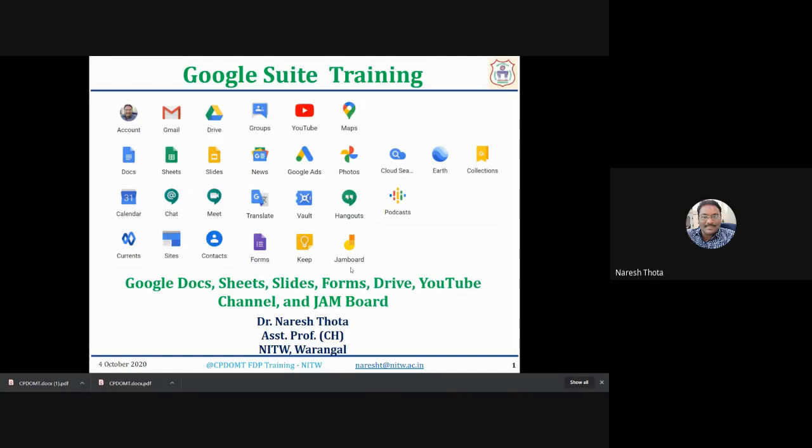Of course, I'm going to give you a brief on each of these Google Suite tools. Before I start, I think you have a little bit of prior experience with Microsoft Office. It is more or less a similar way, but with a lesser number of features, tuned to be really useful for educators. Google has done a pretty impressive job there. So I'll start with my Docs presentation.